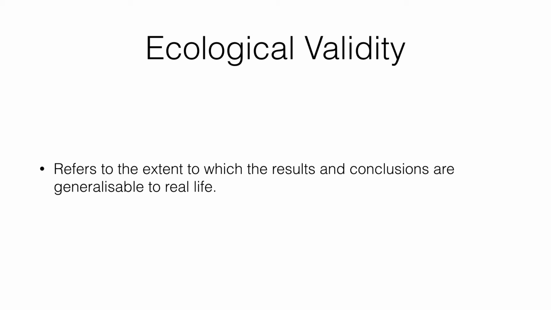We get a store clerk, and we tell the participants, okay, go into the store and buy some of the items that you'd normally buy. So they do this, and this is something that they would do in real life. The task they're doing, shopping, interacting with a store clerk, is very similar to that of real life. Therefore, we can say it's high in ecological validity because it's easier to generalize the results of our study and the conclusions to real life.